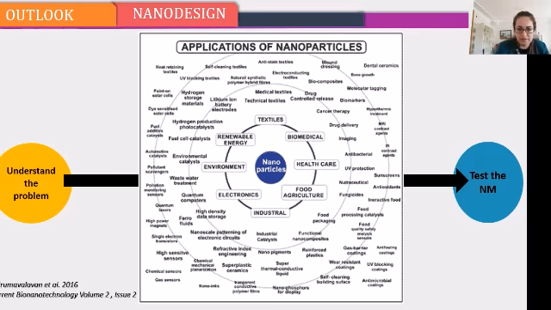Once you understand the application, let's say that you start with textiles. You have a colleague who works on textiles and tries to add new properties to the textile, and you are the nanoscientist who tries to connect with the colleague and make a new product. You need to understand first what the needs of this textile industry are. What are the odds and what are the controversial things in the technology? You first have to do a huge literature search if you don't have a nanoparticle in hand.